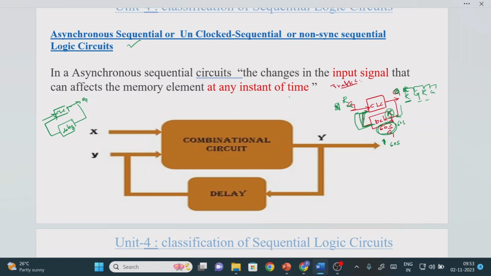Why it is called the asynchronous sequential logic circuit: suppose, for example, consider that we have an AND gate operation. I'm going to give the input values, let it be A and B, something like 1 1. What is the output we are getting here? 1. That we are going to store in the delay element. Let the delay be 60 seconds. The current output value is 1. Whenever required, we are calling this memory element to the input.